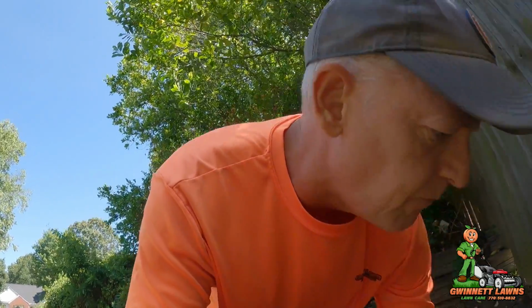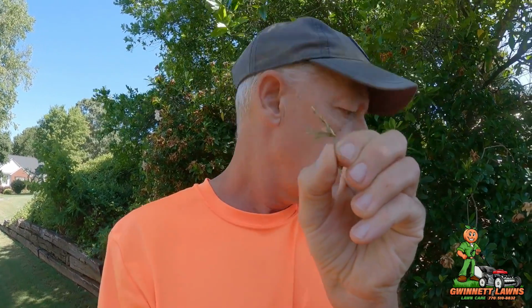And one of the problems is that when Bermuda is that tall and you use high lift blades, you will pull out some of these pieces right here. You have rhizomes and stolons, and it's basically like you losing a little bit of your hair. The problem is the grass is dark green, and those pieces are manila colored, so it looks horrible all over the yard. But if you use the technique that I'm going to show you,